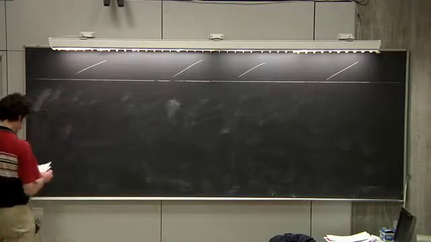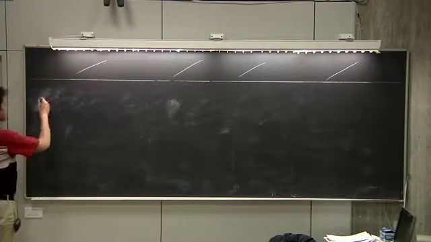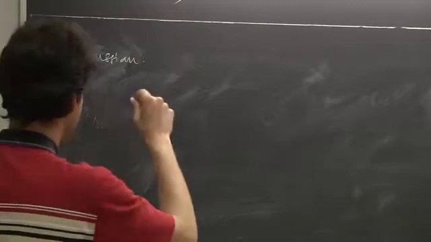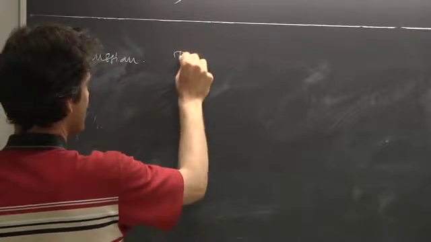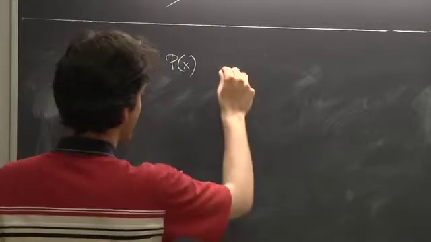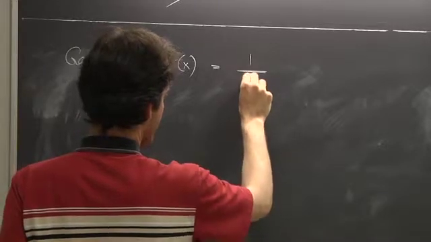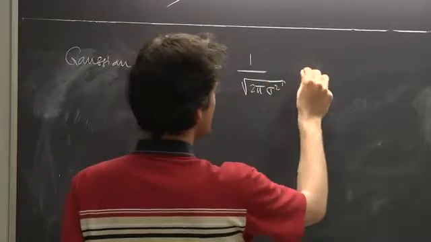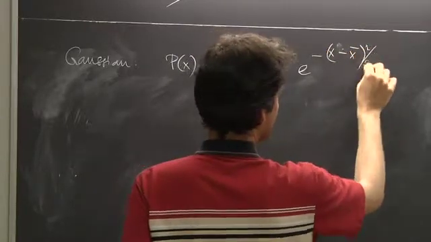Just a quick reminder. You saw Gaussian distributions and Poisson distributions and so on. Can you quickly remind me of what are the means and the variances of a Gaussian and of a Poissonian? So what is P of x of a Gaussian? There's a 2 pi here, and there is a sigma squared under the square root, e to minus x minus x bar over,